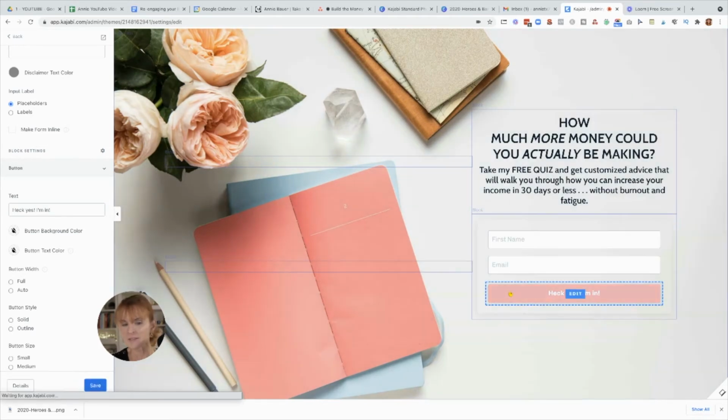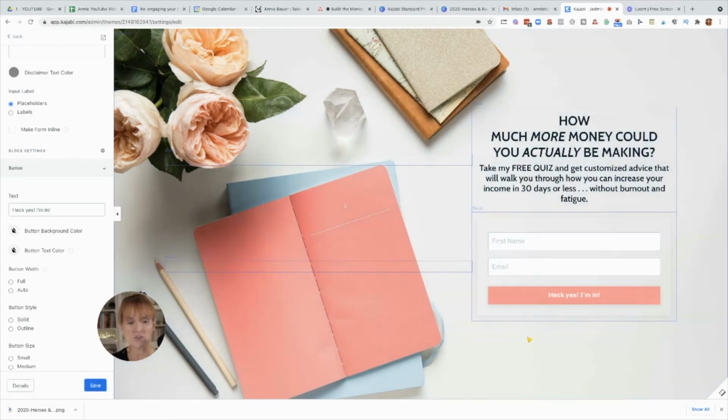And then pink is not my branding color. So you're going to change this to your branding colors. But here is a piece of advice on your call to action buttons. Designate one bright color that will really stand out amongst all of your other brand colors, and always use that as your call to action button. And here's why. Because as people get to know your brand, they will come to just psychologically associate that bright color with a call to action button or a call to action to them. And every time they see that color, then they will be moved to actually take an action on that button.